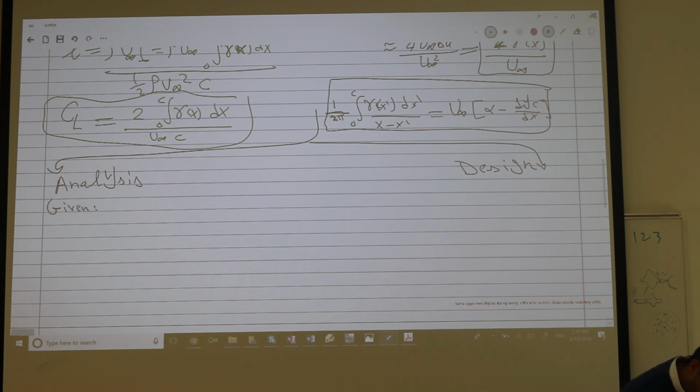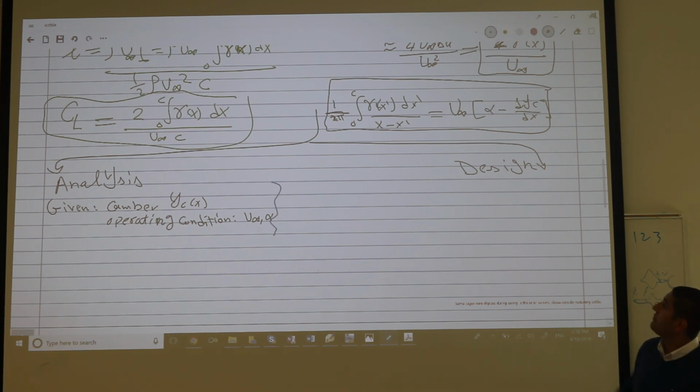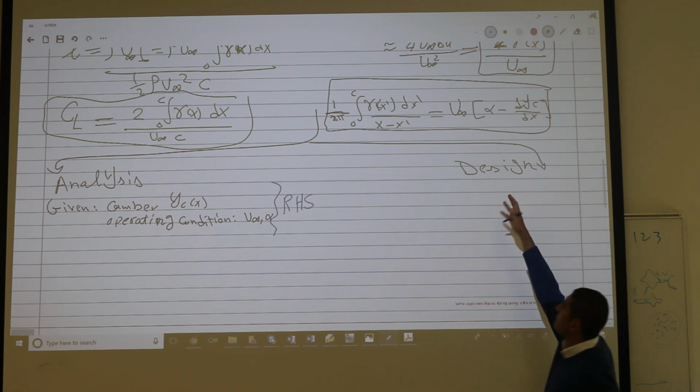We're given the problem, we're given the shape, we're given the camber here, right? The camber shape, y_c as a function of x, and I'm giving the operating condition. I'm doing an analysis for an existing thing. Operating condition, I mean u infinity and the alpha. So it's as if we're given what here? For this equation, I'm given what? The right hand side, right? Okay? So for the analysis, I'm given the camber shape, I'm given alpha and u infinity, I'm given the entire